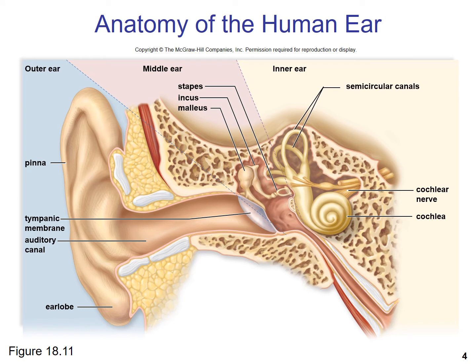Now there are 3 of them, and they're in 3 dimensions, X, Y, and Z. So this allows you to have 3-dimensional equilibrium. This is the vestibular nerve, and you notice that there are 3 nerves coming in. At the base of each of the semicircular canals, you have something called an ampulla. That's the swelling at the base of those semicircular canals, and each ampulla sends impulses into the vestibular nerve.